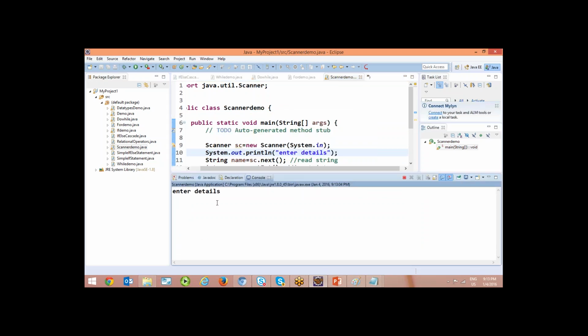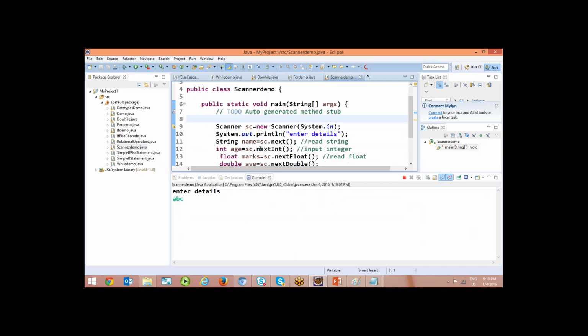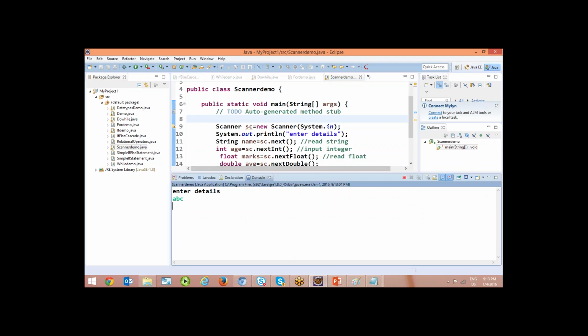Enter details. First I am giving name ABC. Then I am giving, you need to check the order, age, right? Then marks. Then average, some percentage. So you are getting name, age, then float value, then double value.